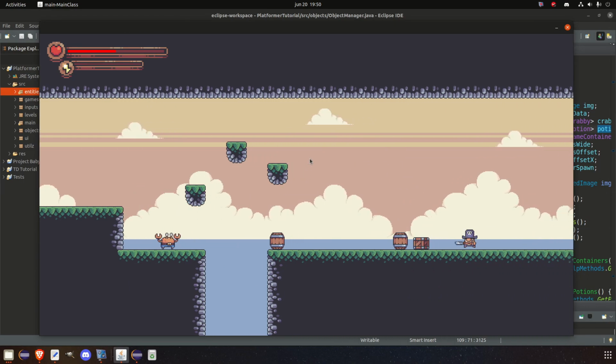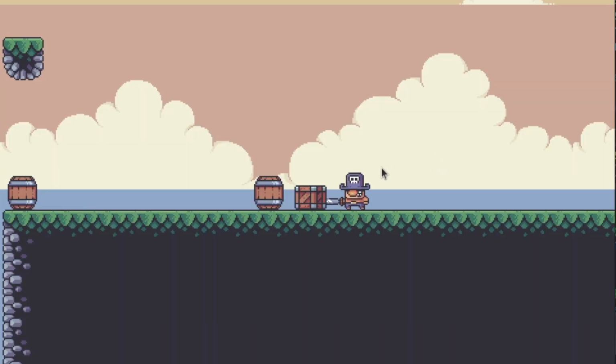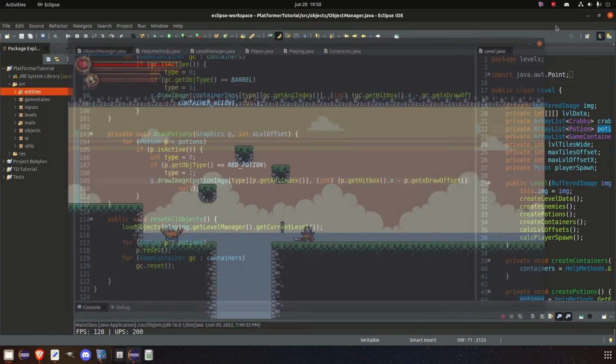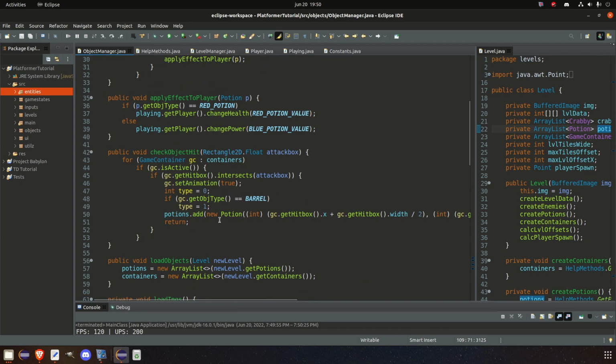And that's just something I discovered today, is when we destroy an object and we spam attack, we are spawning as many potions as we can throughout the animation. So you can see there's a lot of potions that got spawned each time I attack, as long as it is animating. And that's because when we do spawn a potion in this method here in ObjectManager, we're first going